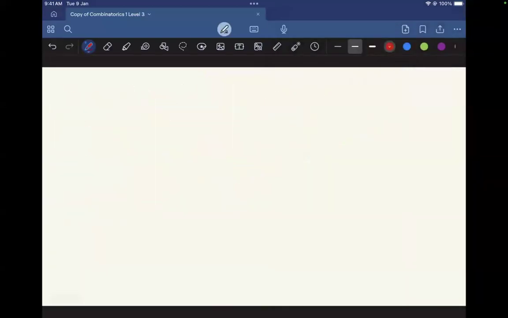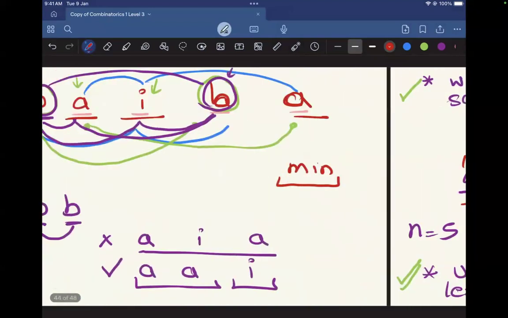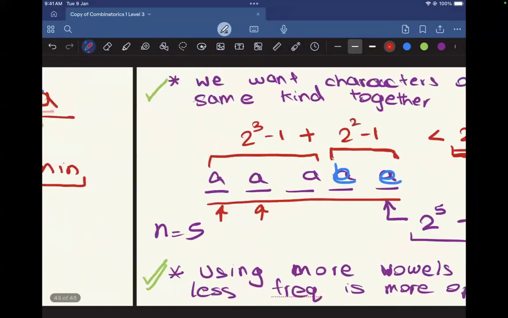Okay. So is this much clear? Like I would want to have the characters together. Let's say I gave you a string. I want to reduce the number of palindromic subsequences. In that case, I would just group all the characters which are the same together. Is this much clear? Okay. Now, if this much is clear,